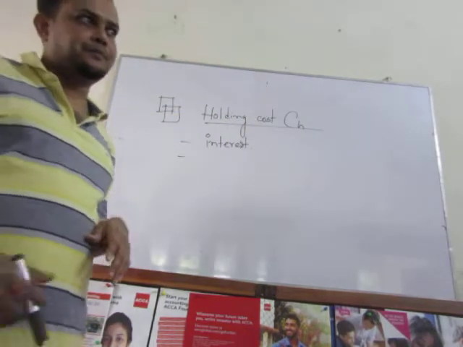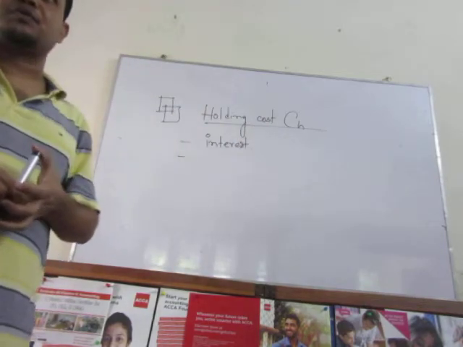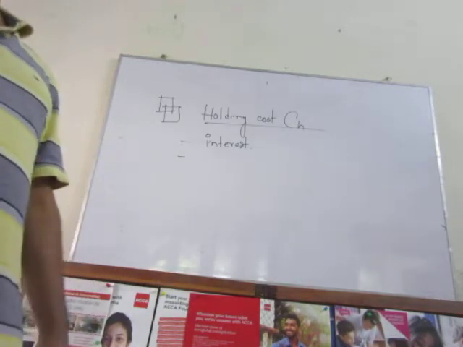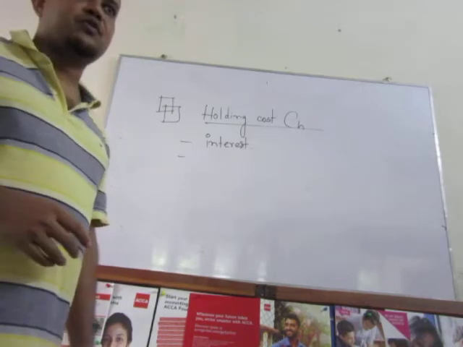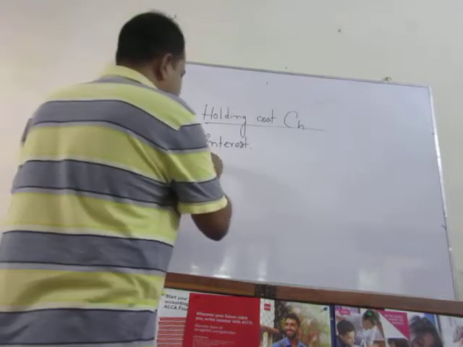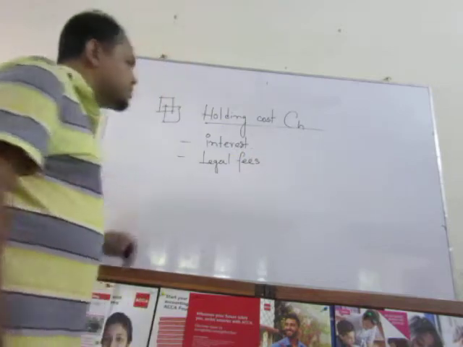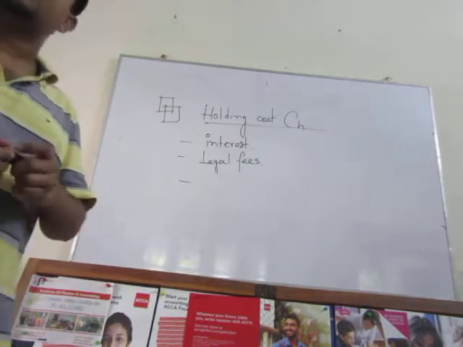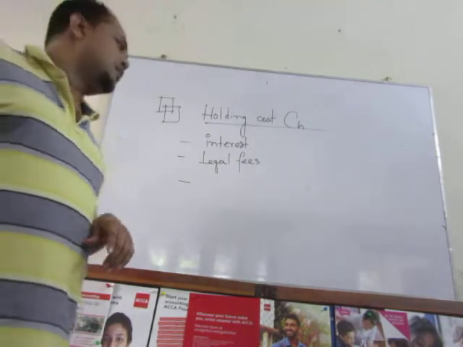That means when you try to bring the things to yourself or to your organization premises, it is possible that you have to pay VAT, value-added tax, and different kinds of legal fees also. So as a whole we can say legal fees, then government-owned VAT, tax, etc. So these are also kinds of costs that you have to pay, right?